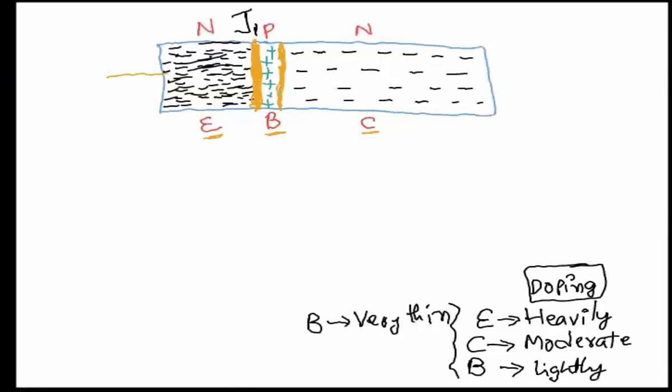Since the base is a P type, if I want to forward bias the junction, the base will get a positive because it's a P type, and the N type gets a negative. That forward biases the junction J1, correct? So assuming that you have enough voltage, remember that you require at least 0.7 to overcome that barrier. Let's say you overcame that barrier,